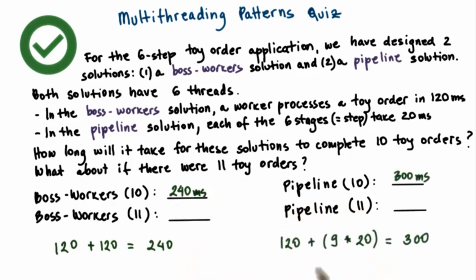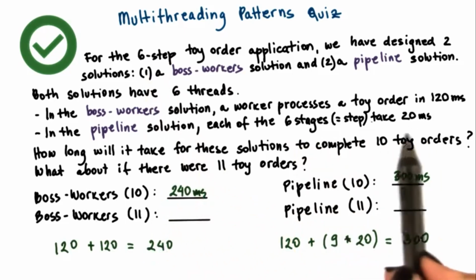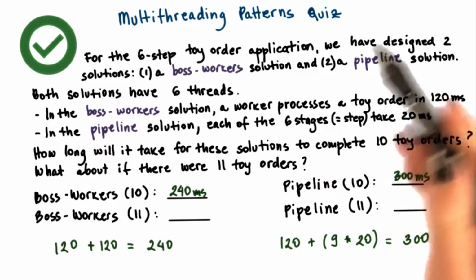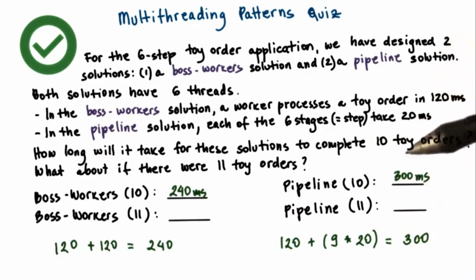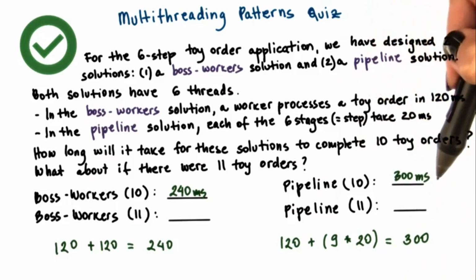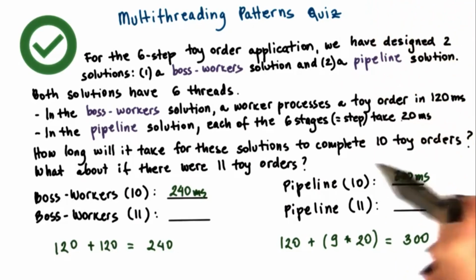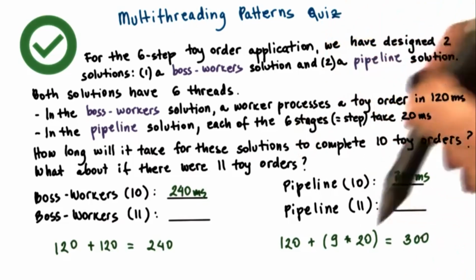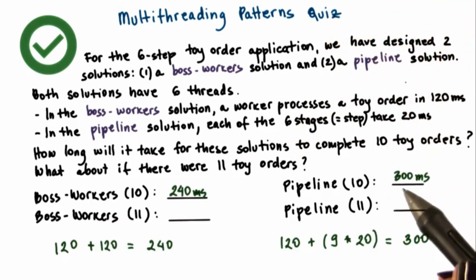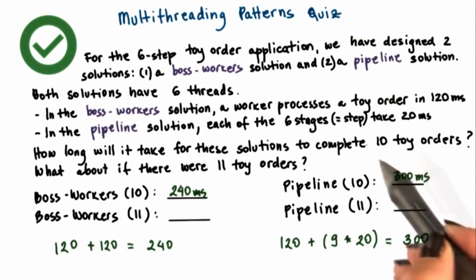For the pipeline case, the very first toy order will take 120 milliseconds to go through the 6 stages of the pipeline, so 6 times 20 milliseconds. But then once the first toy order exits the pipeline, that means that the second toy order is already in the last stage of the pipeline, so it will take another 20 milliseconds to finish. And then the third toy order will be immediately afterwards, so it will take additional 20 milliseconds to finish. So given that we have